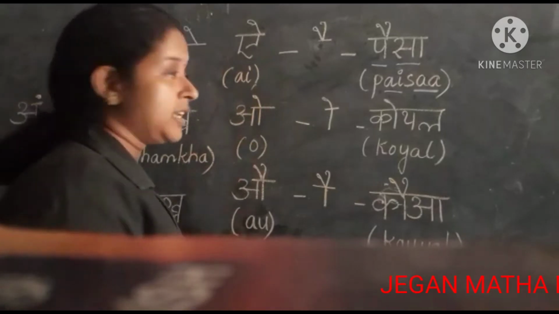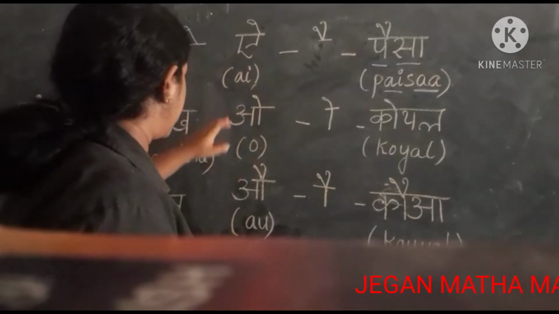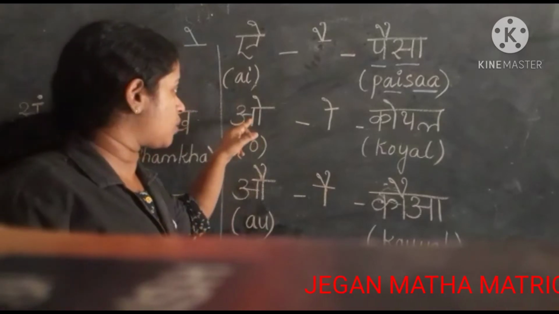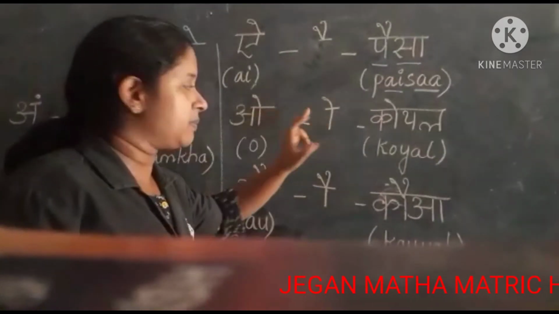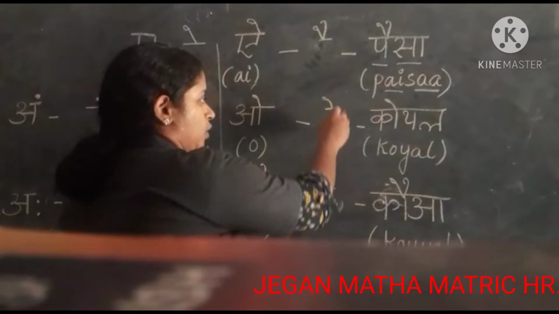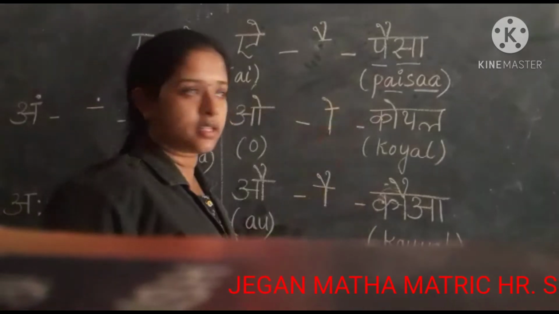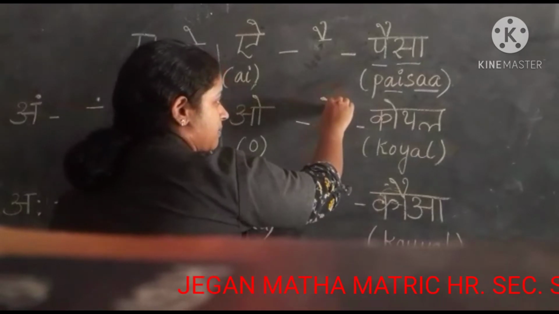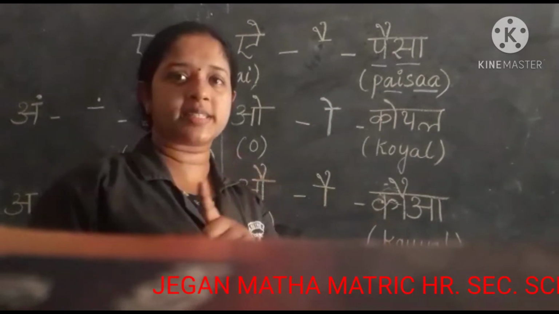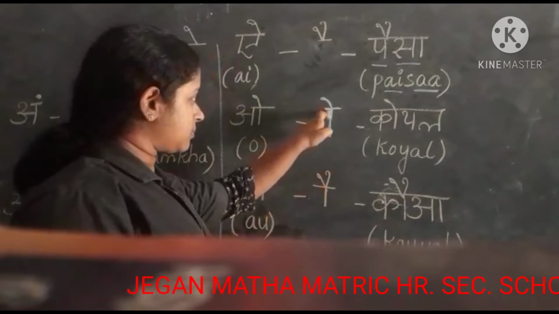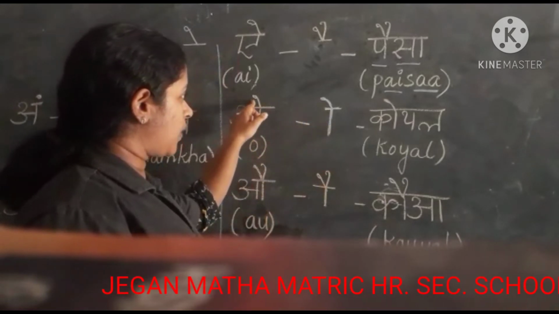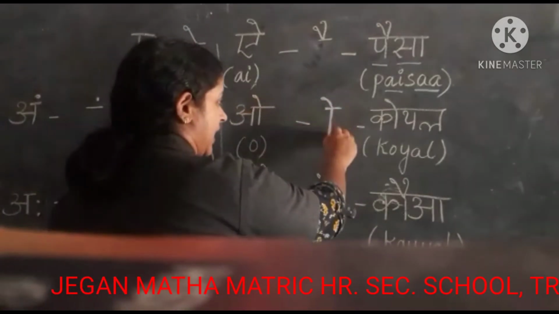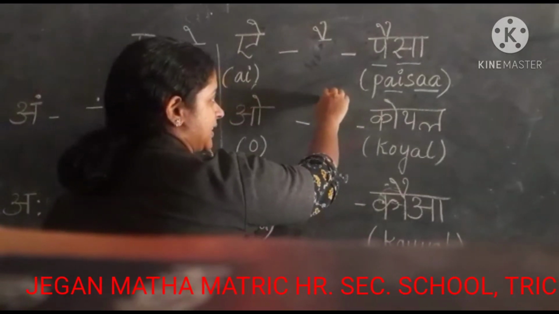Okay, next symbol is the symbol of O. This is the letter O, and this is the symbol of O. You have to draw one straight line first, then a sleeping line, then the symbol. Only one symbol, okay. Since O has one symbol, we will use only one symbol here. So first one line, then sleeping line, then that symbol.